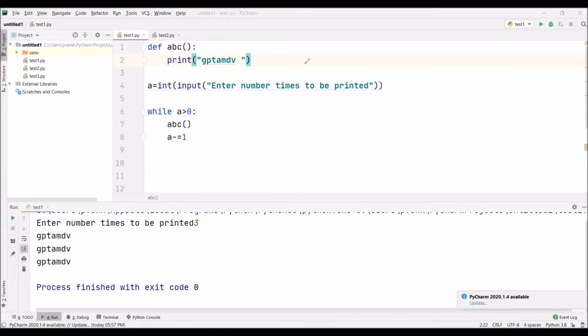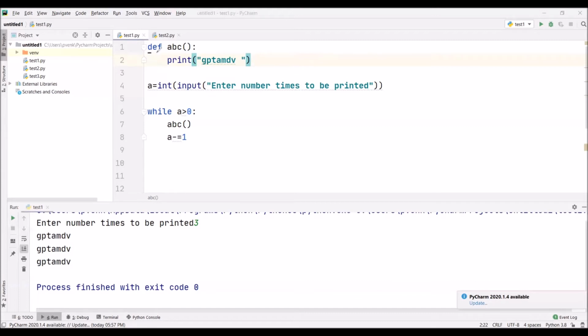There is another kind of function, that is the user defined function. User defined function means that the function is defined by the user to perform a particular task. Now see here, I am defining a user defined function ABC. I have taken a random name. You can also write it as DEF or your own name. There is no particular way you have to write it. You can write anything, no problem. But do not use already existing library function names like print or input. Take some different name, ABC, DEF or your own name.